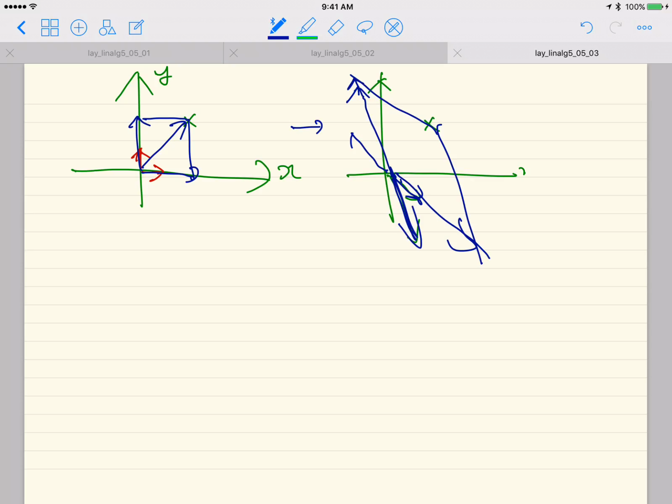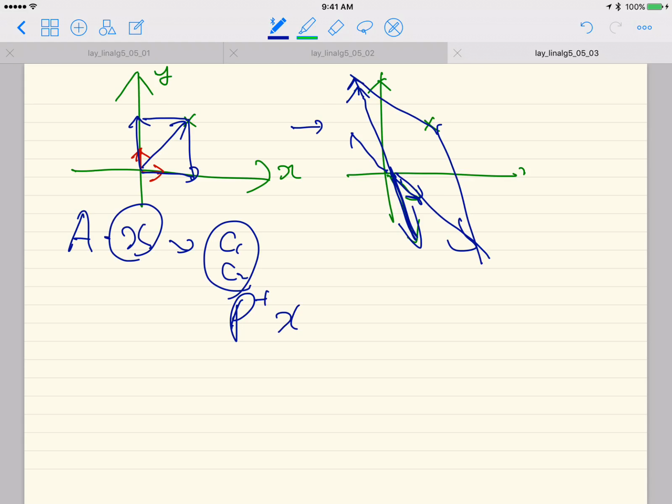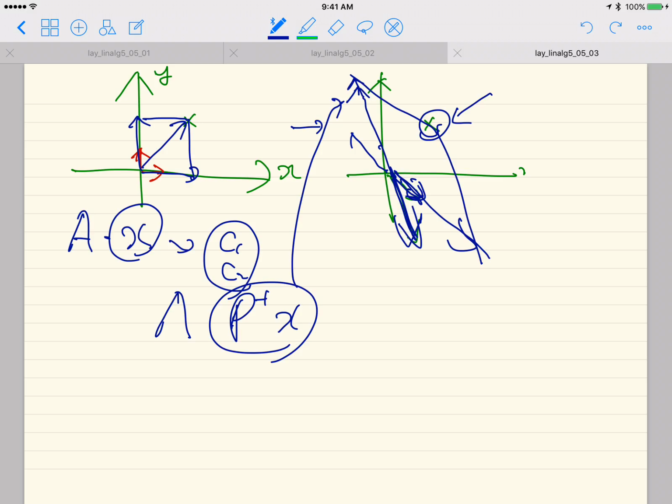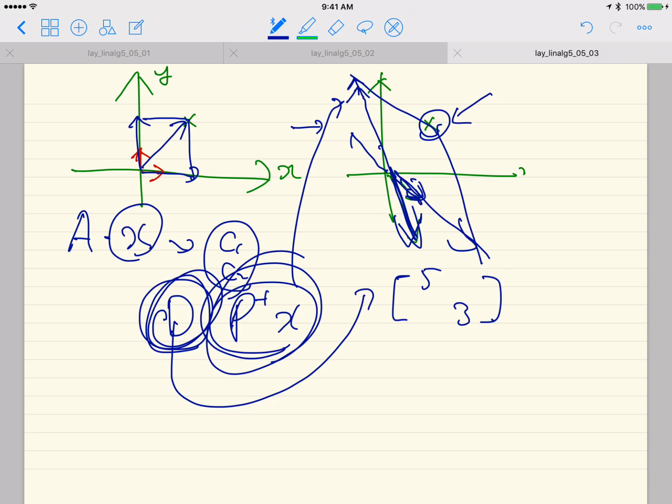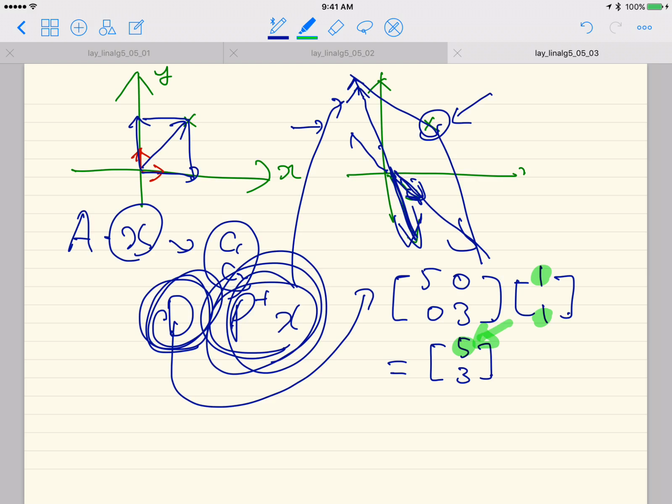Once you change your coordinate system in that manner, the matrix multiplication A times X now involves C1 and C2, which is P inverse X, and this is the coordinate for this point by using the new basis vectors, right? In that new representation, instead of multiplying A, you are multiplying matrix D, which has the diagonal entries 5 and 3. So the resulting matrix is 5, 3, right? And in this case you have these two coordinates, of course,